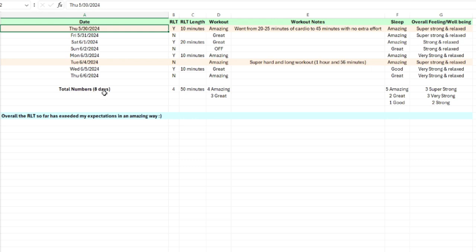Total of numbers, again, being tracked, it's 8 days. Red light, yes or no, and then the time of the sessions, how the workout was done. I'm working out pretty much every day except Sundays, or try to take a day off. Workout notes, how my sleep has been doing since I started the red light therapy, and the overall